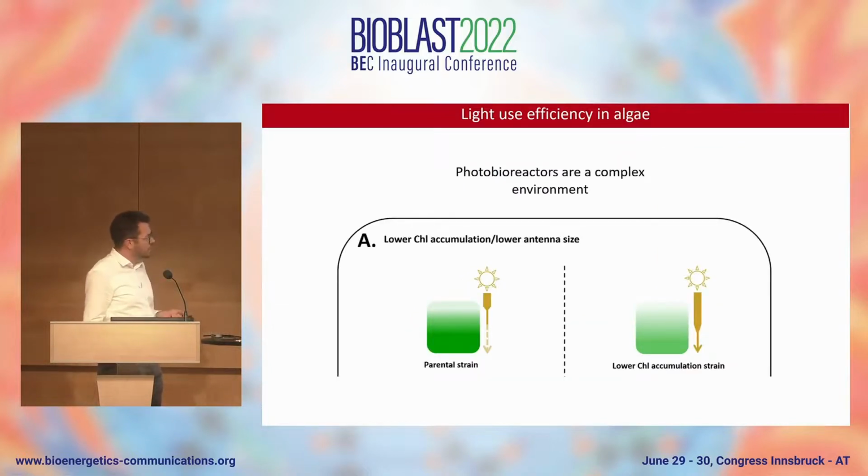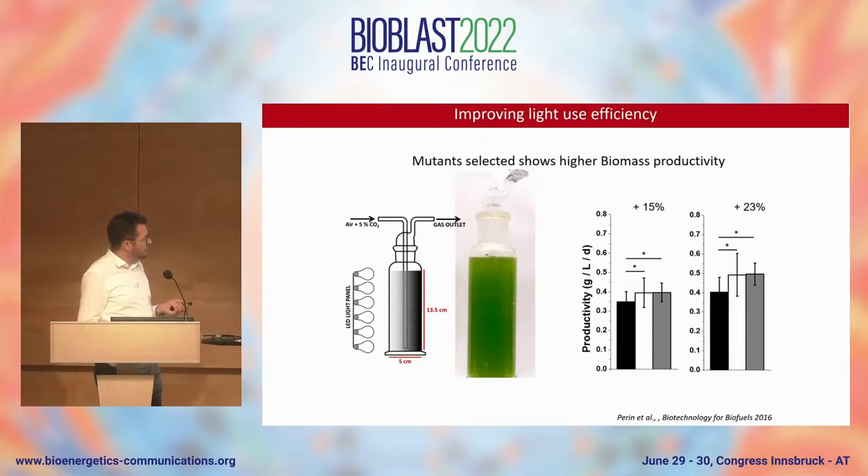For instance, one of the modifications that we are introducing is producing strains that accumulate less chlorophyll. So the idea is that with the same amount of biomass, we have less light absorption, so the light is going through the culture better. And so the cells that are more shaded by the others can still have enough energy to grow. And we actually demonstrated that by putting these low chlorophyll strains into photobioreactors, we can increase the biomass productivity by 10 up to 20%